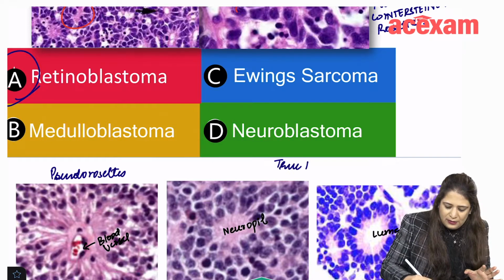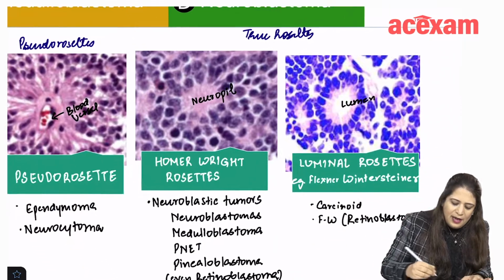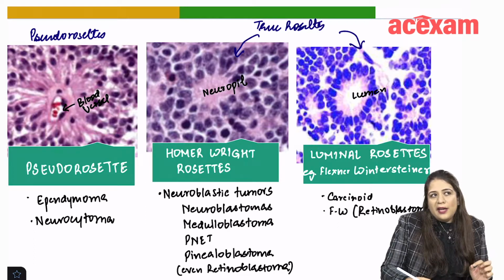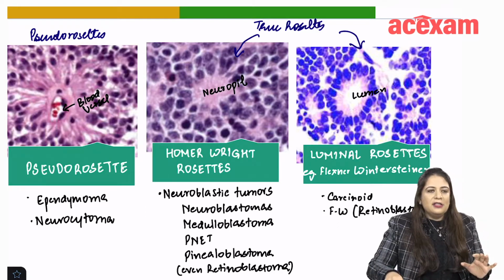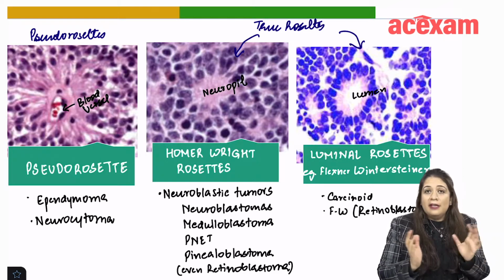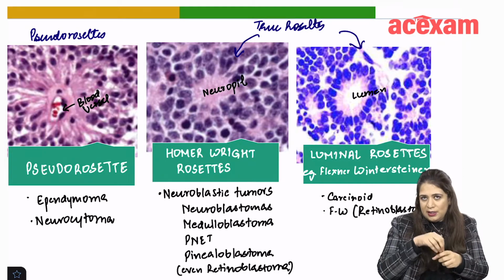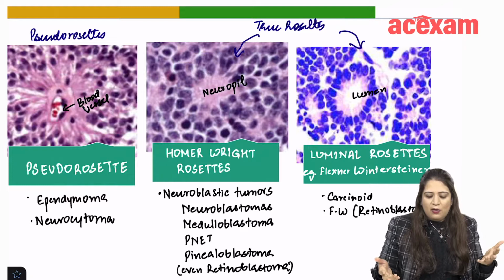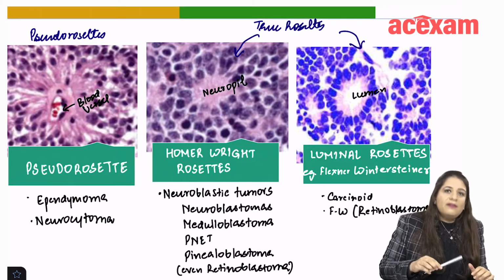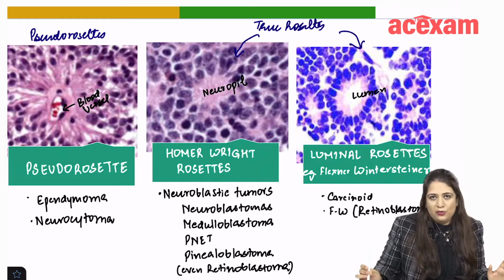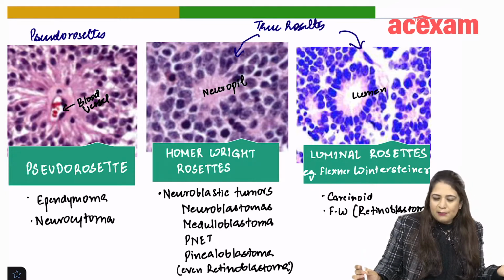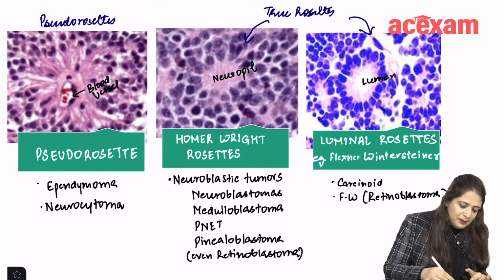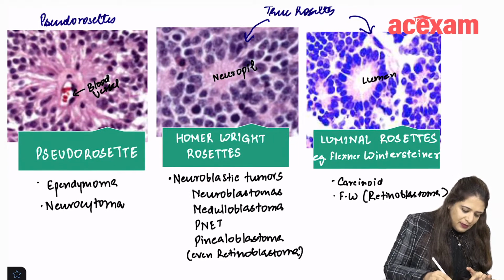Now these true rosettes differ depending upon whether in the center they have the neuropil or the lumen. Imagine the rosette to be like a wheel, with spokes surrounding the central hub. These spokes of the wheel are formed by the nuclei of the cells, right? If a blood vessel is present in the center, that is certainly a pseudo-rosette. The classical example of a pseudo-rosette is ependymoma, in which around the central blood vessel